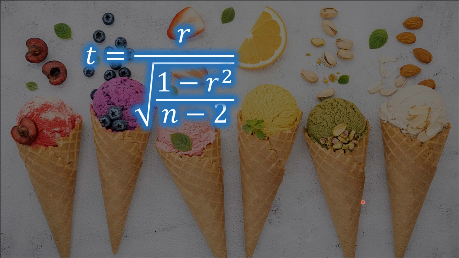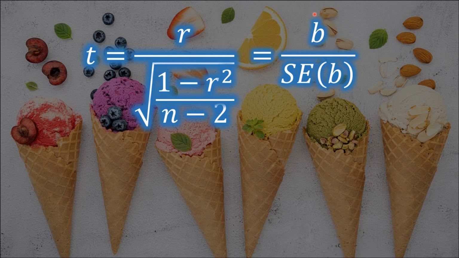There's actually a couple of ways to find it. I think one of the interesting ways to do it is actually to use that r value, that correlation coefficient, and then we standardize it with the whole square root of 1 minus r squared over n minus 2. That's one way to get the statistic. The other way is actually to use the slope of the regression line, b being the slope of the regression line that you get, and then standardizing it with the standard error of the slope,